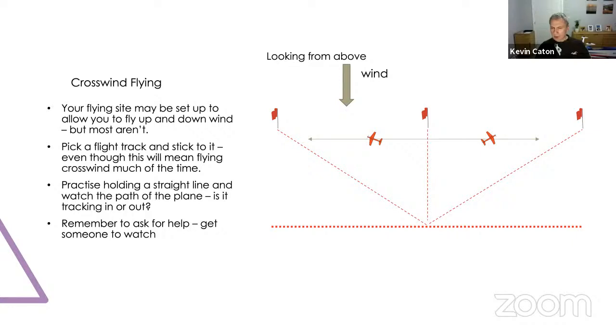So I'm going to talk a little bit about crosswind flying now, because up or downwind, I touched on it last time. If the wind was blowing along the line, as you see there, your aircraft goes fast downwind and not so fast upwind, but generally doesn't get deviated from the track that you're trying to fly in front of yourself. And when you're out flying, try to pick a track and a center marker that you can fly in